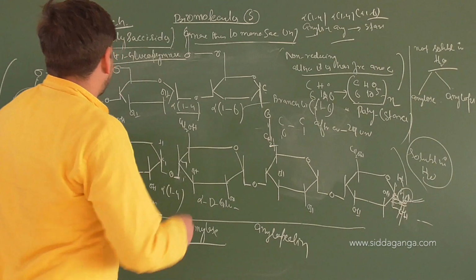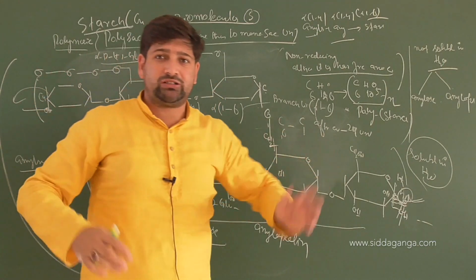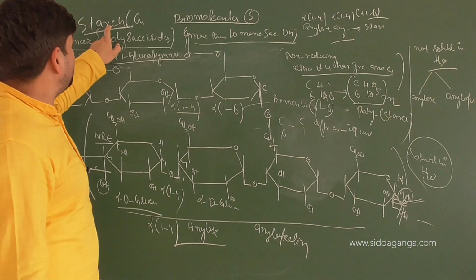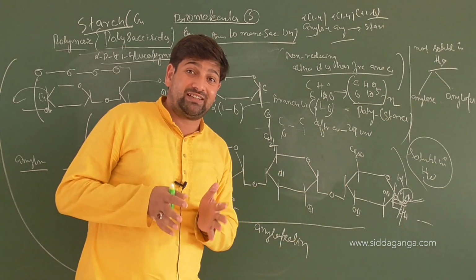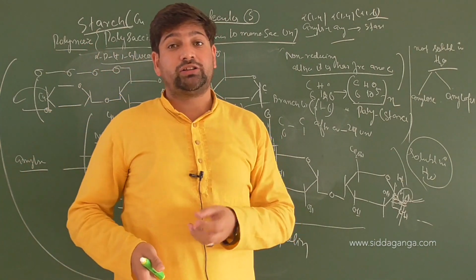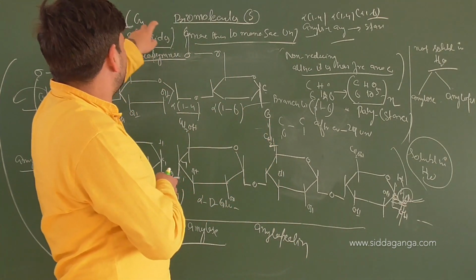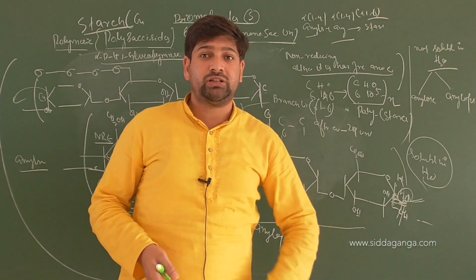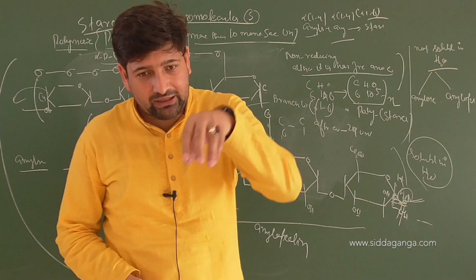This is the main storer of energy in plants. And the plant body is wide and big. So osmotic effects will not play a very important role in the plant body, as much as they can in animal bodies. And animal bodies are fixed and limited in size. So they need to store more and more energy in shorter regions. Thus there is a modification of the energy storers, like starch and glycogen. Glycogen, being more branched, will store more alpha D glucose units within a short region. Thus when you see that branching is occurring more under microscopy, what would it look like?